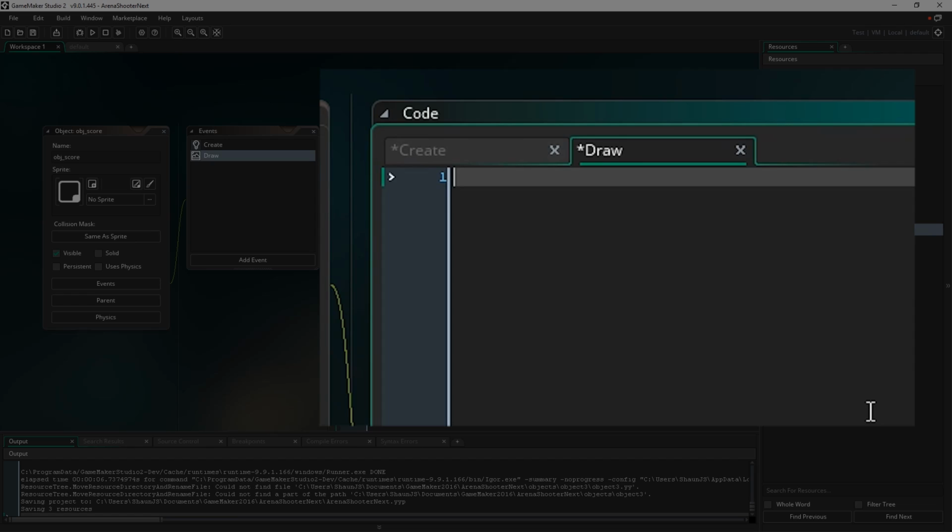Okay, the first thing we want to do is gather a couple of coordinates. We want to find the coordinates for the top center of the screen at any point in time. And because we set up views in the last tutorial, that view can move around the screen and it can be different at different times. So we can't just give it a coordinate in the room, like if it was 1024, it'd be 512 into the room for half of it. We need to work out dynamically on the fly whereabouts our view is in the room,